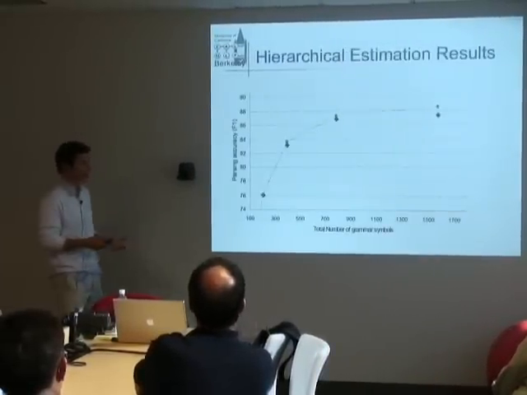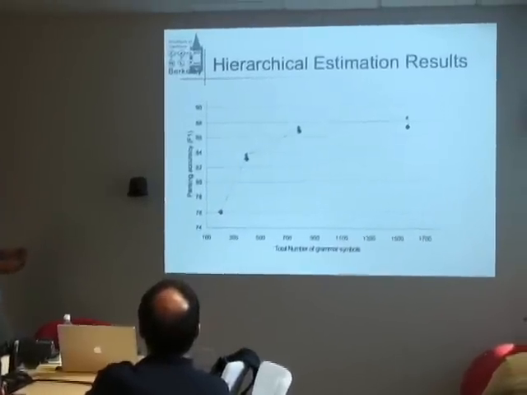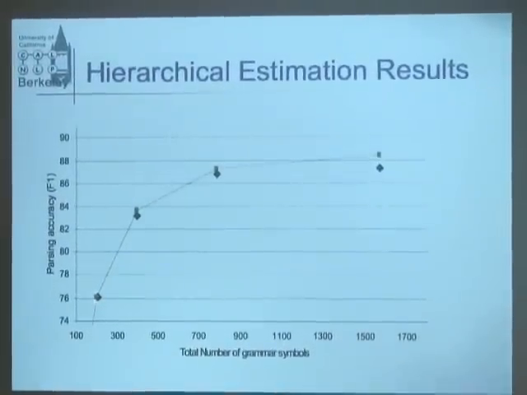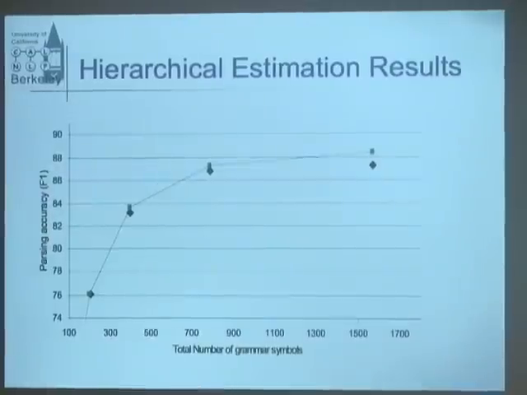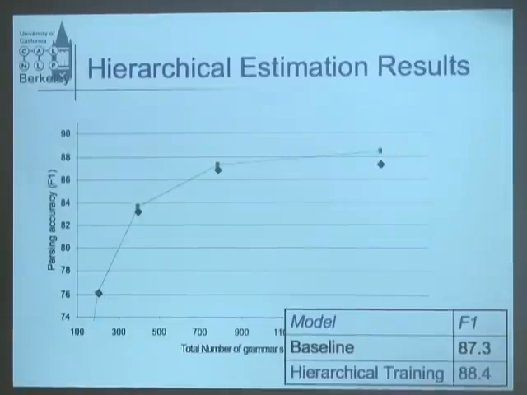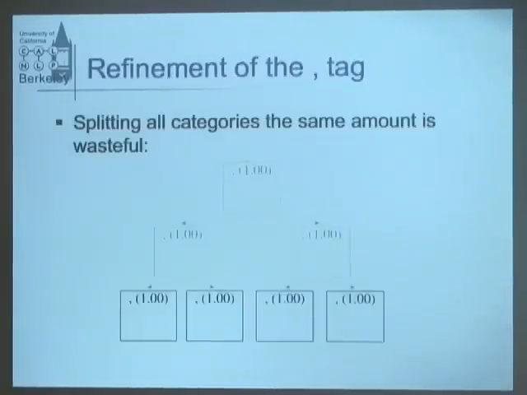So if we look at parsing performance, we see how at the beginning, both methods are exactly the same, but then already with 4 subcategories, because we initialize the splits, we tend to converge to better local optima, and parsing performance increases by about 1% when we do this hierarchical training. But no matter whether we do this training in a hierarchical way, splitting some categories is just silly. For example, there's a comma category, and there's no point in splitting it. Those trivial examples can be captured by hand, but then